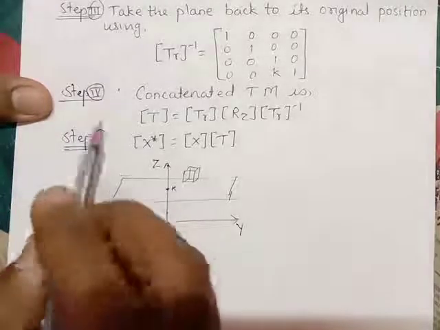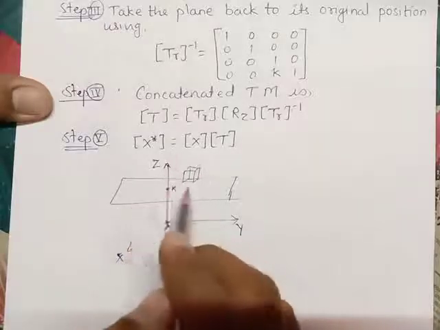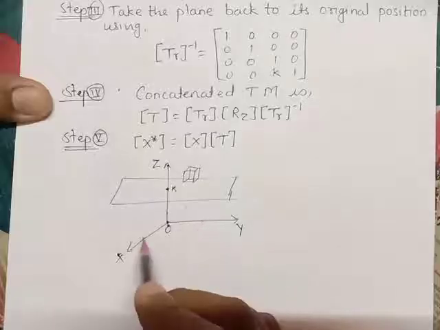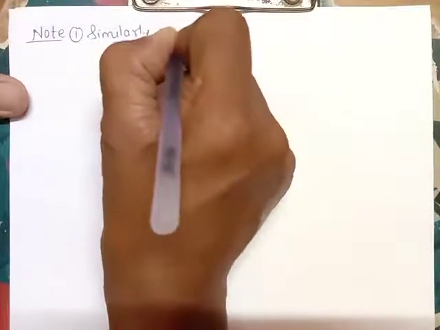Similarly, we can write, now here I had written the reflection of an object through a plane Z equal to K. Similarly, I can write it for Y equal to K, for X equal to K also. So let me write them as a note. Note 1. Similarly, we get